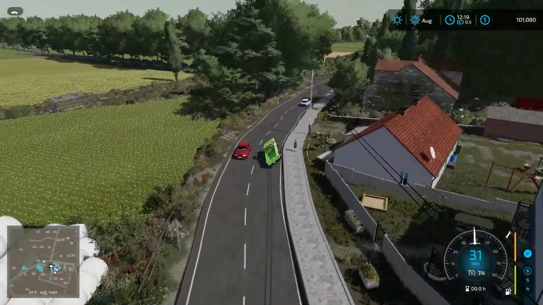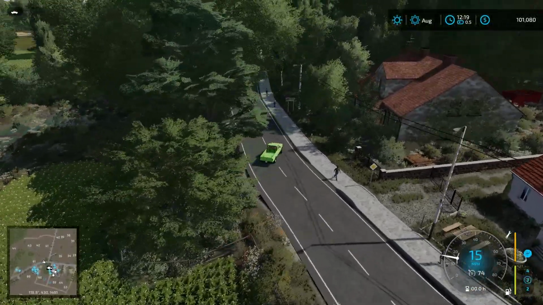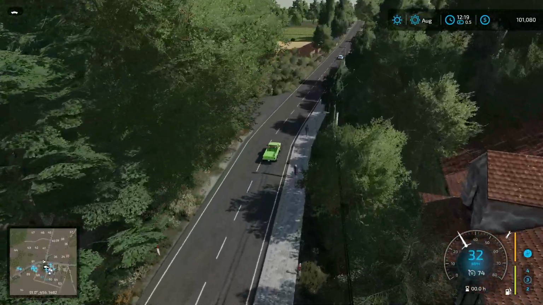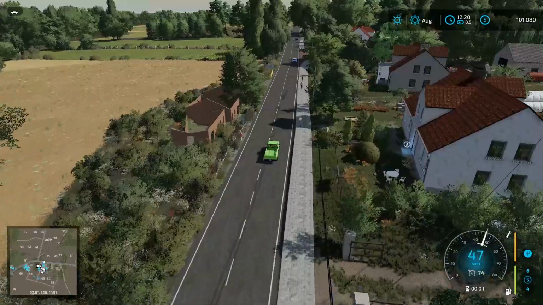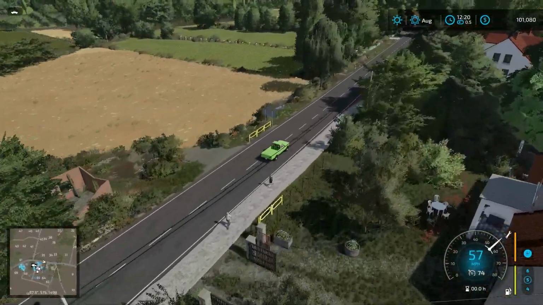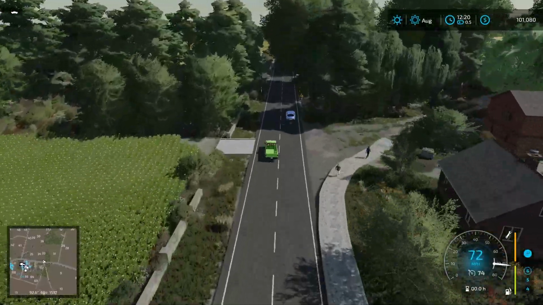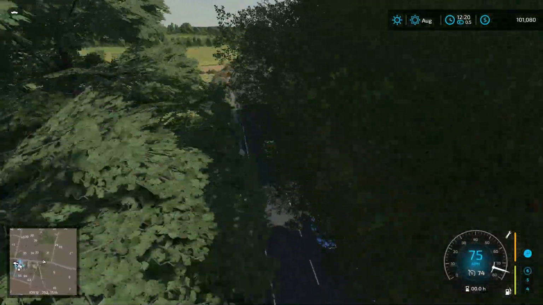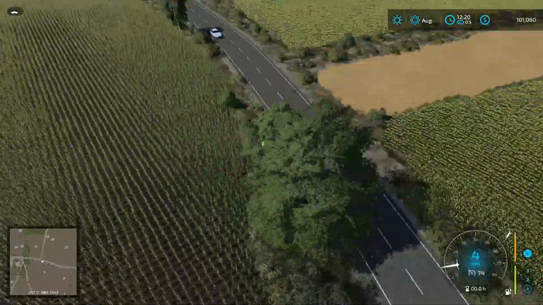I'll keep us nice and zoomed out so you can get a view of the map as best as possible with the trees and such as we're driving through, because that's part of the point. But yeah, nice little map. A lot of detail on it. Some of this might not be the style for all of you guys, but it's probably